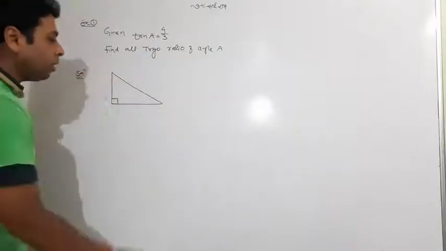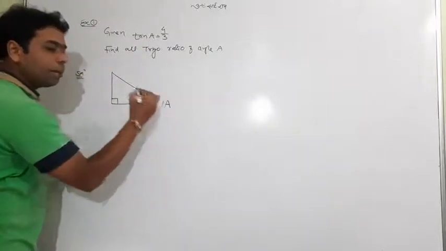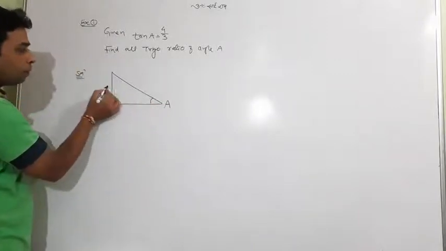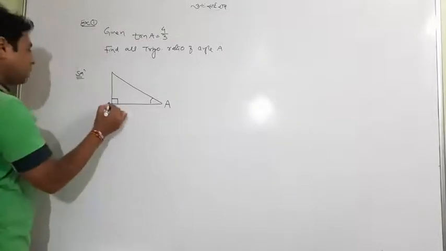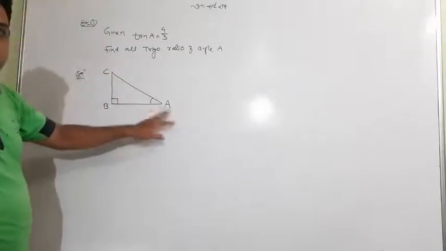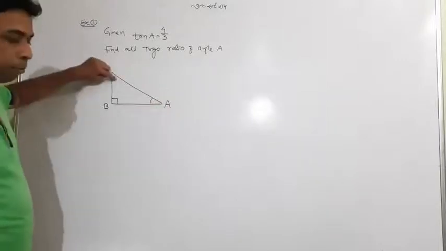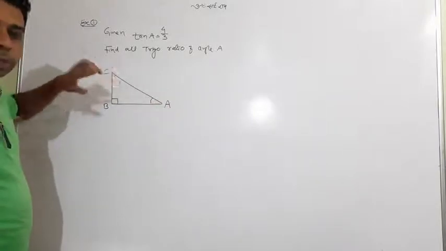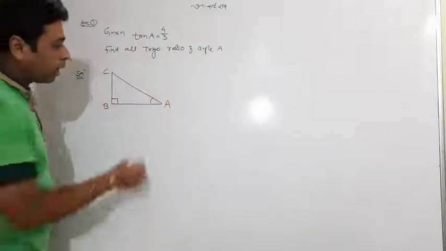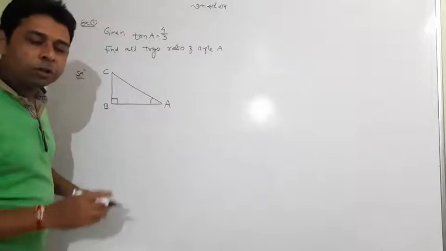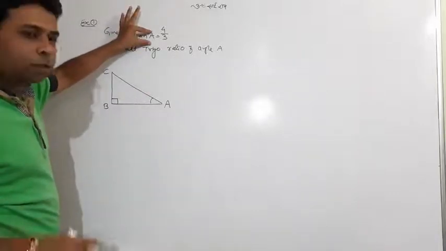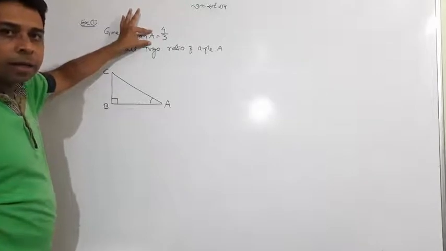So for convenience, I would request you to label A here, because we know that when A is the acute angle, the front of A will be the perpendicular. Now B and C you can freely label anywhere, but A is an acute angle. So A can be labeled here or here, because both are acute angles. Keep this in mind. In the last picture, I took theta here. This time you need not take theta, because tan A is given as an acute angle. So in all aspects, we'll go with A.